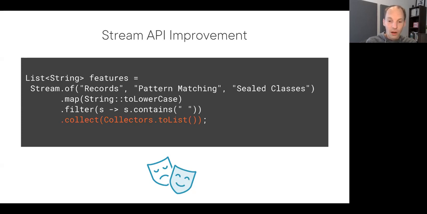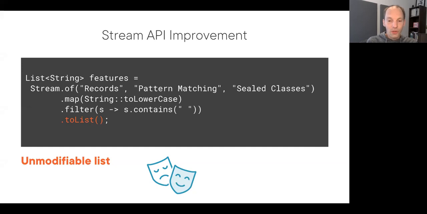So often our stream pipelines end with this .collect, then passing in a collector, which is usually the Collectors.toList collector. And if you keep writing this over and over and over, you might start wondering there should be a better way to do this. And indeed, in Java 16, a new shorthand has been introduced in the Stream API, where you can now just say toList on the stream, and you will immediately get back a materialized list from the stream.